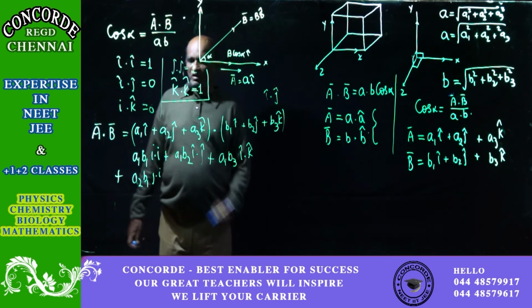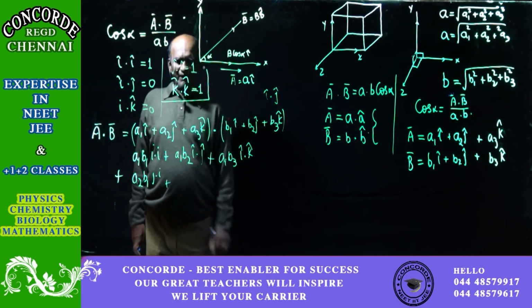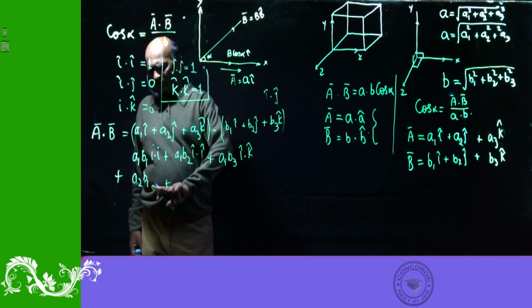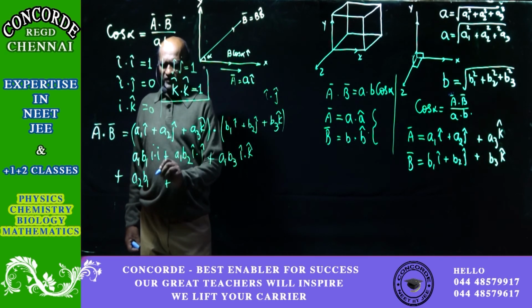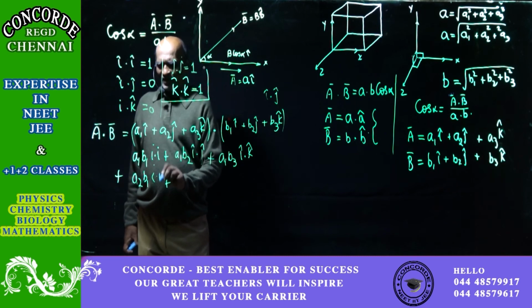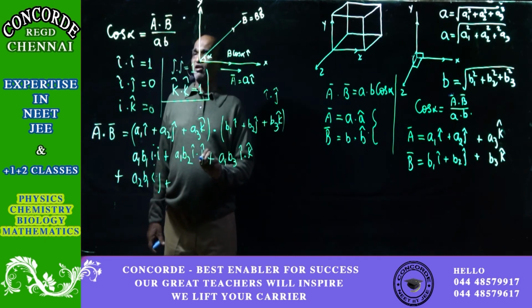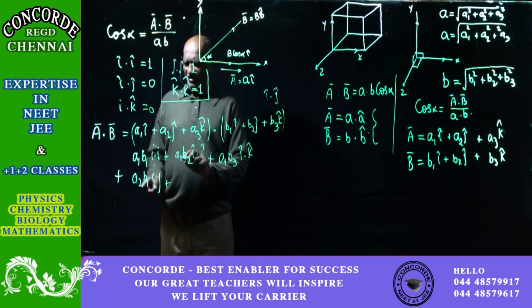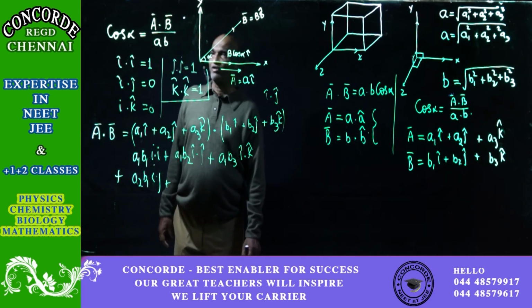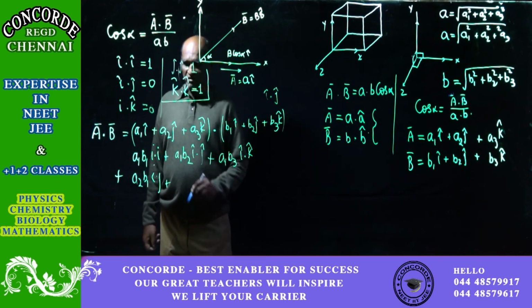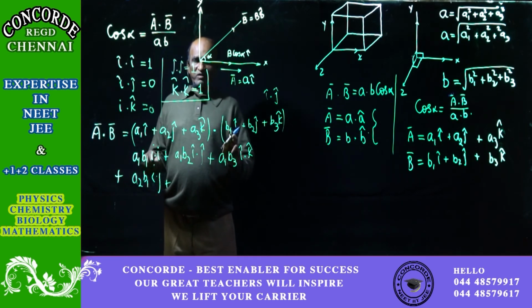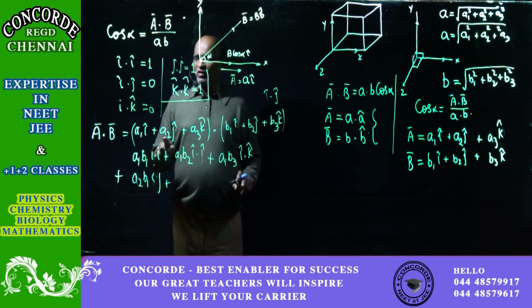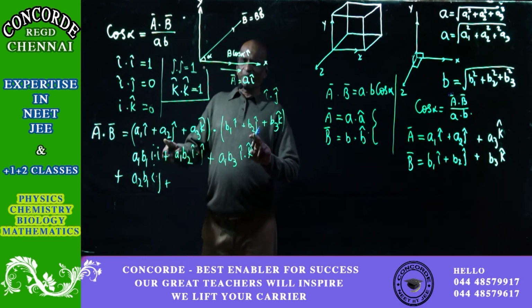Okay, so plus. So in that case, I better put it as i dot j itself because it makes no difference. Why am I doing it like that? Because we have i dot j already. This is another i dot j. So taking that common, you can add up these two. So that's why I wanted i dot j here also. So i dot j is over. A2 j and B2 j.